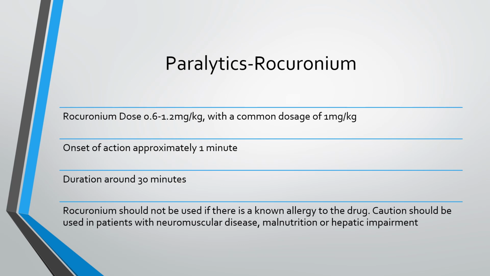Rocuronium dose, I said 0.62, but it's 1 to 1.2 mg per kilogram. Very common dosage is 1 milligram per kilogram. If you give 1 milligram per kilogram in class, that will be not only acceptable, but that's usually the preferred one. So if we look at our doses, you'll also see the duration of action is very